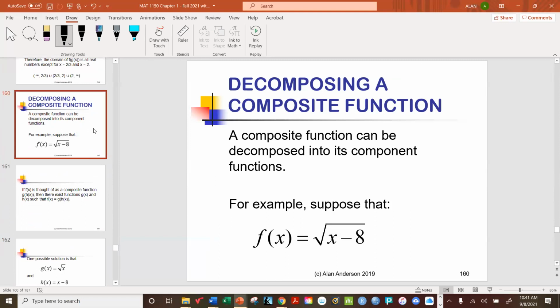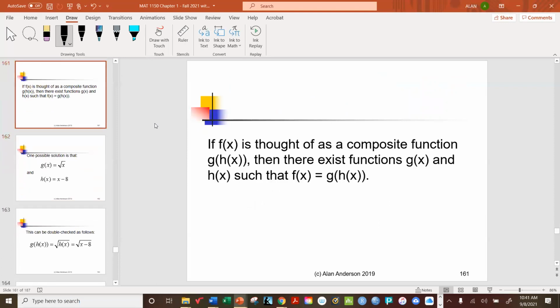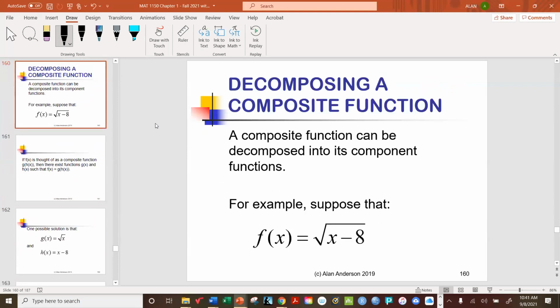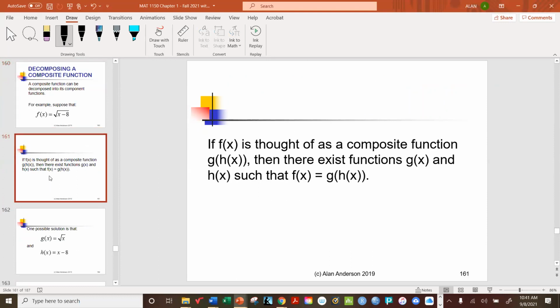Now here's another skill that might come in handy. What if you have a composite function and you want to break it up into the individual functions? Let's just say that we have f of x is radical x minus 8. Or actually, what we can do is this. Suppose that it turns out that f of x,